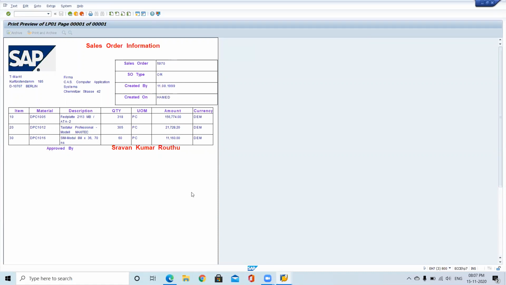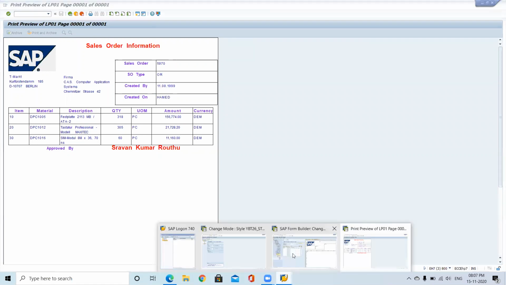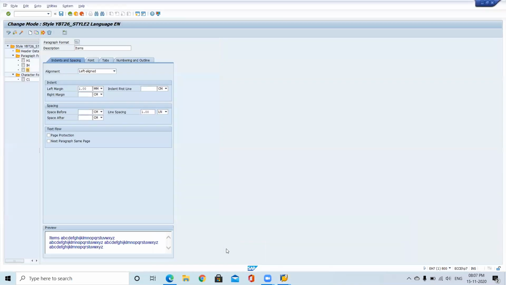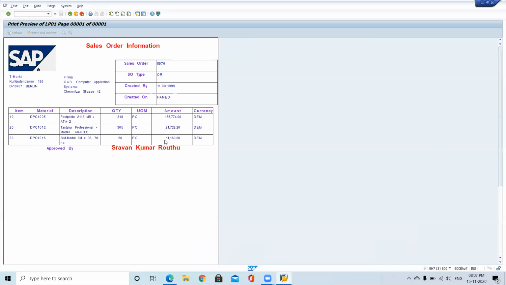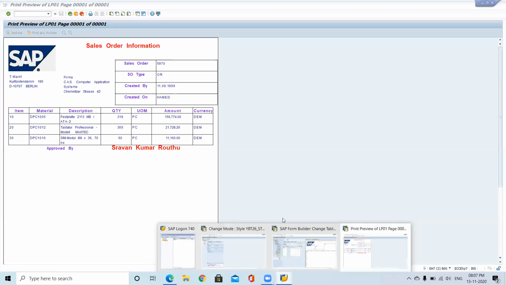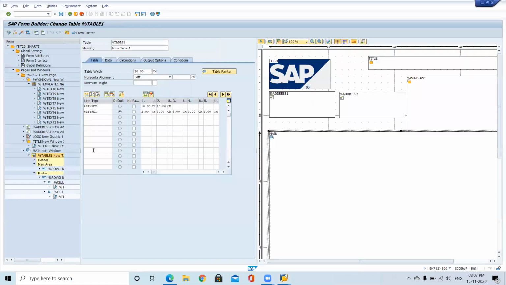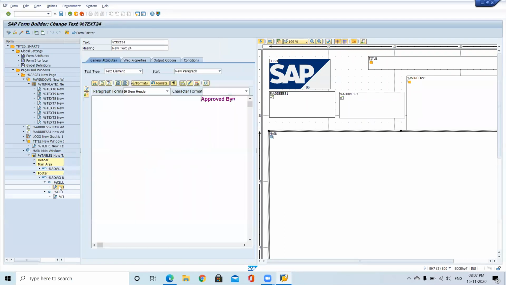So like this, if you want to add one space, you can add one blank line also. If you need a space, so how can we give a space? Because it is printing immediately. I need some space. So in this editor or in the footer level, it's not possible.